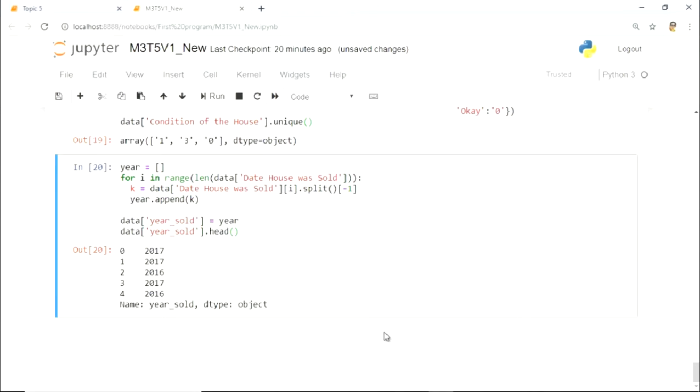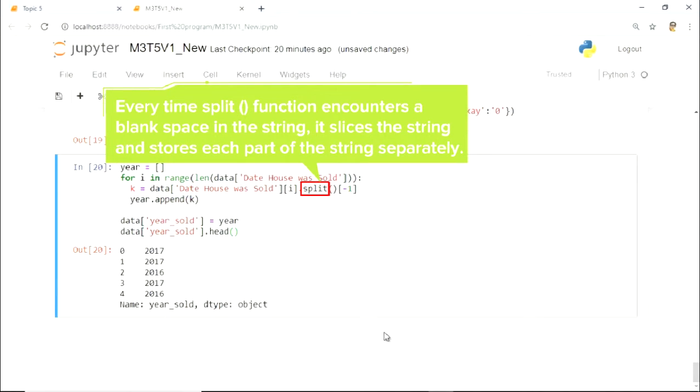Let's understand it piece by piece. We are traversing the data date house was sold by its index. i represents the ith index or ith row in that column. As we know that the values in the column date house was sold are strings, we are breaking those strings into pieces using the split function. Split function breaks the string using the blank space it encounters. That is, every time it encounters a blank space in the string, it slices the string and stores each part